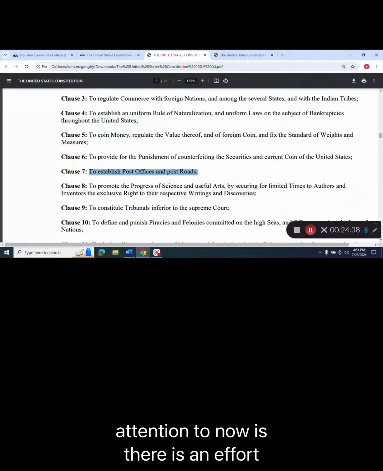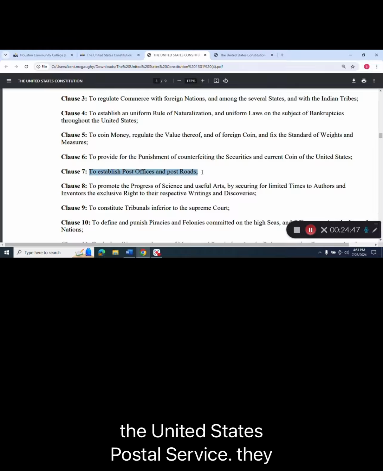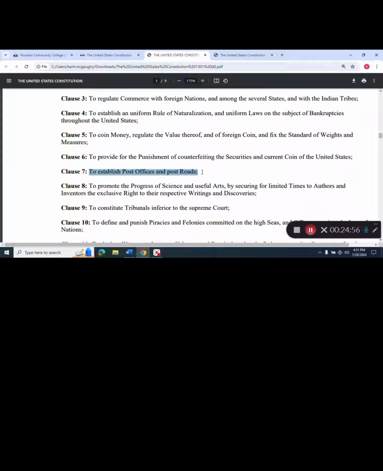The reason this is something to pay attention to now is there is an effort to get rid of the Postal Service, the United States Postal Service. The idea is to put it in the hands of private industry. In other words, to allow for FedEx and UPS, which are for-profit entities, to handle the mail. And the problem with that is that it's